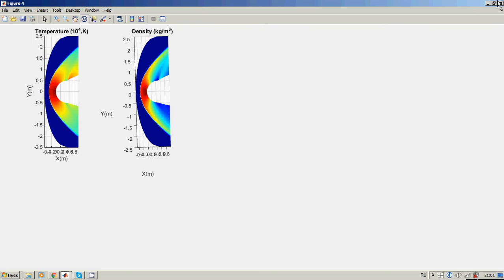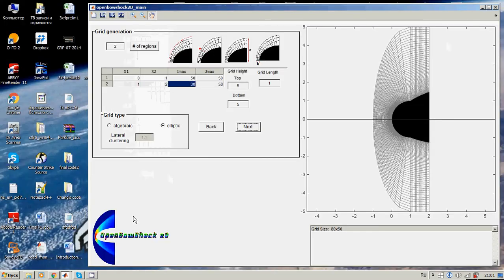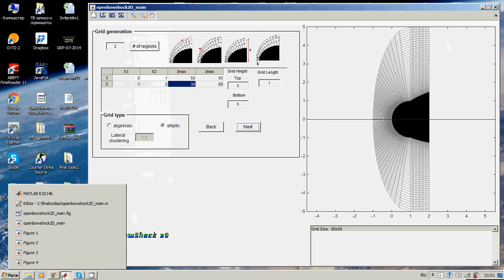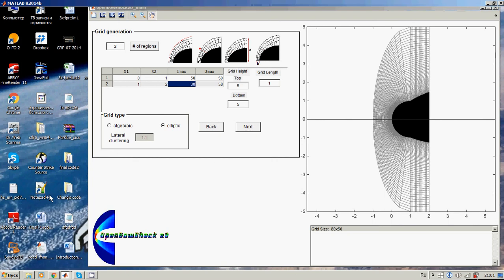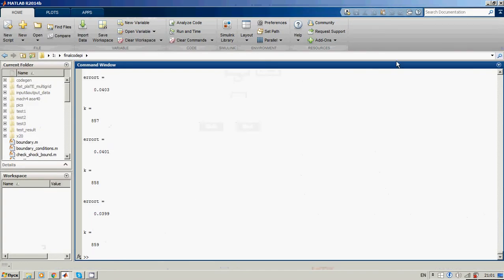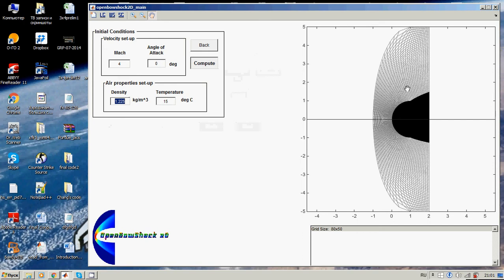Okay, so let's see how much time we have for our grid. And as long as this grid is kind of dense, it's 80 by 50, plus it's MATLAB, and so far I didn't change anything about my efficiency yet, which is probably a new thing. So okay, let's see how much time we have. Oh, it's done. Okay. So yeah, as you can see now, the grid is a lot more uniform, and I